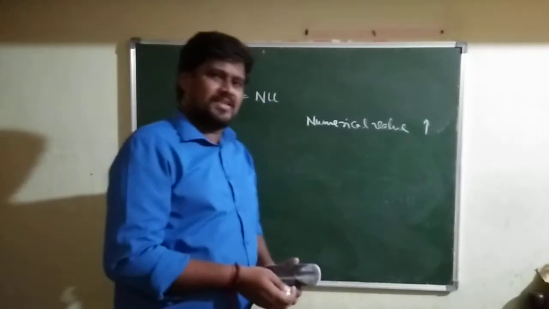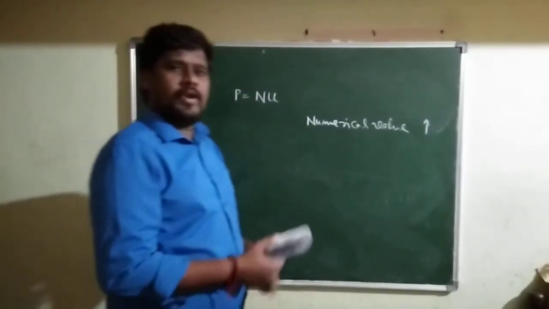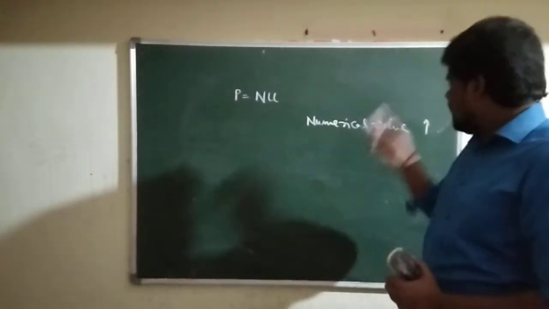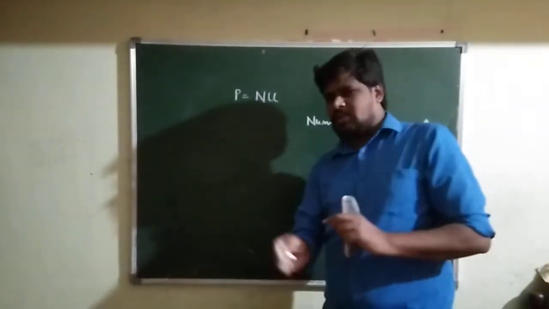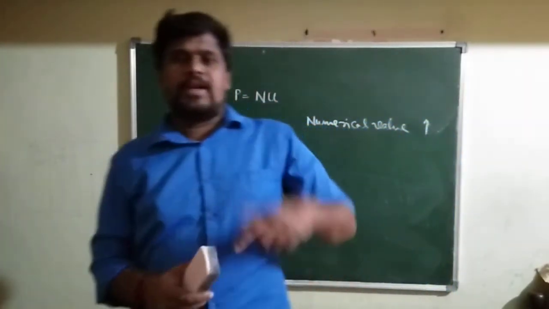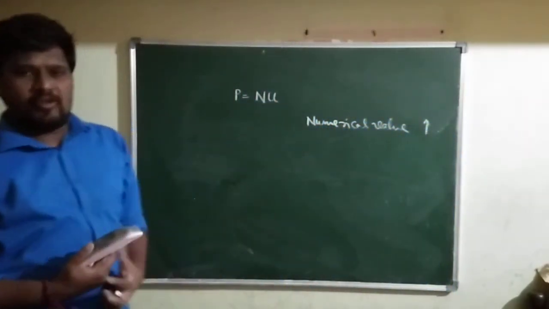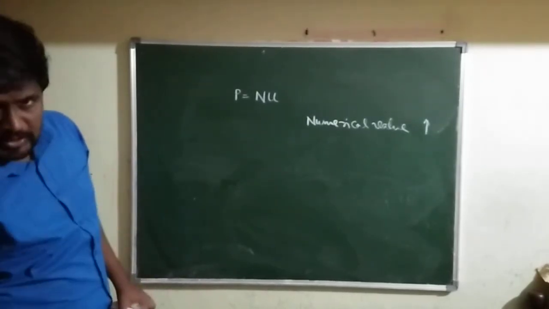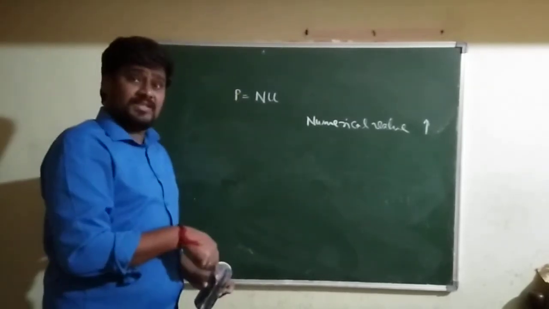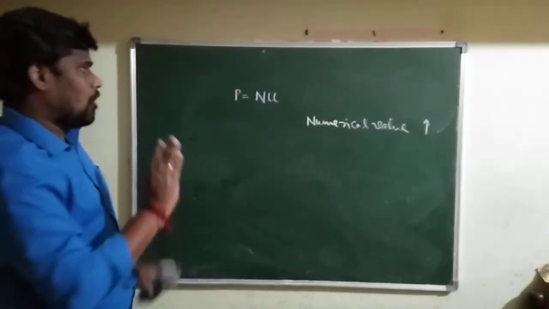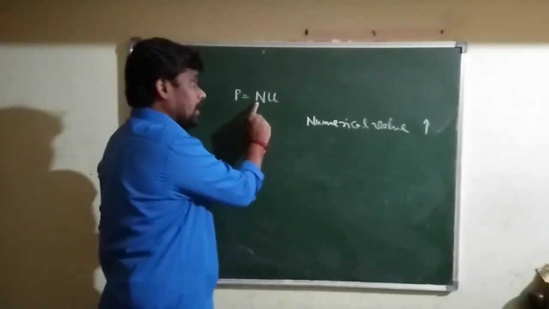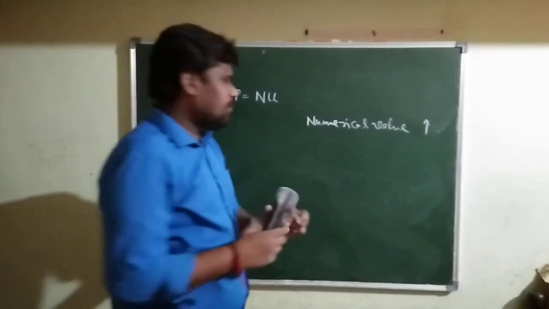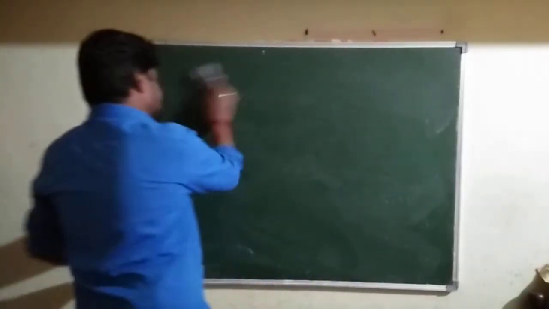If the numerical value is greater, the unit we selected will automatically be small. Or if the numerical value is lower, the unit you chose will automatically be a bigger unit. So as the numerical value increases, the unit will be smaller. As the numerical value decreases, the unit will be greater, so that always the product of numerical value and unit of the physical quantity will be constant.